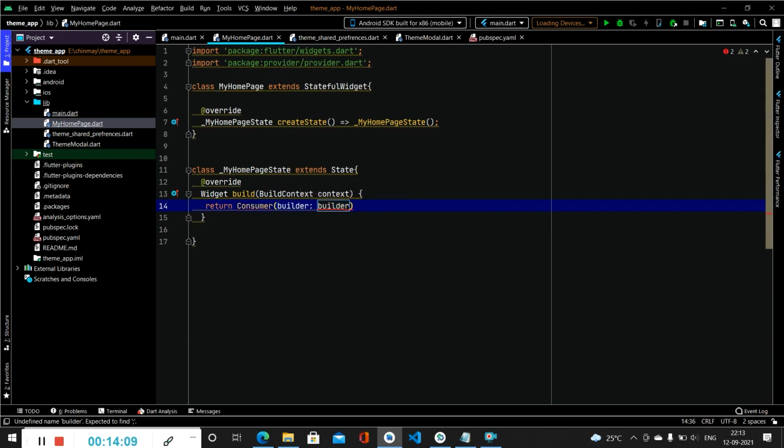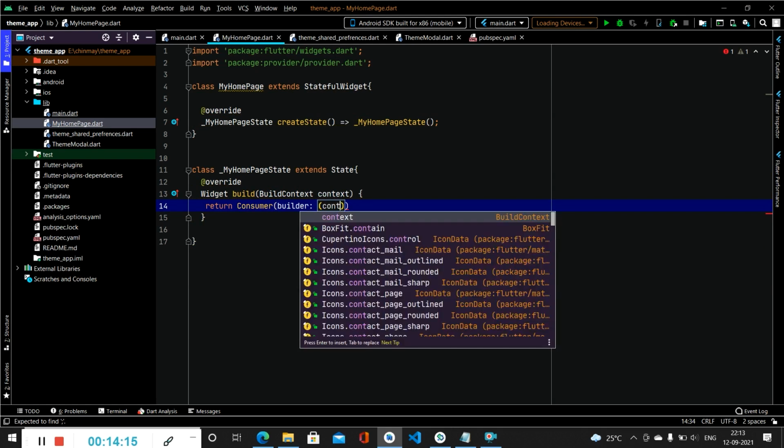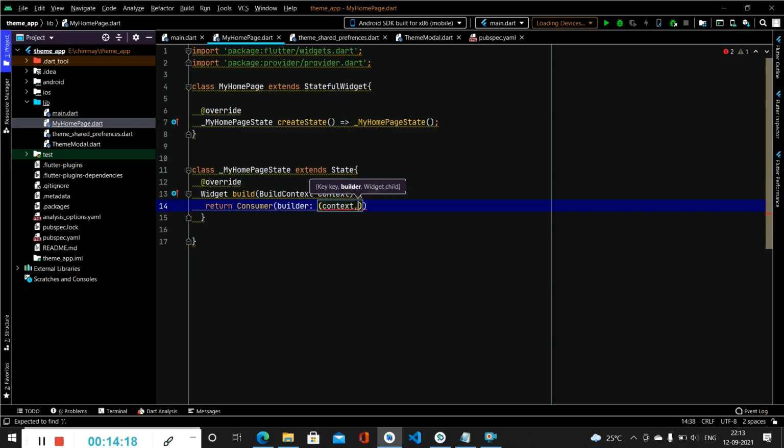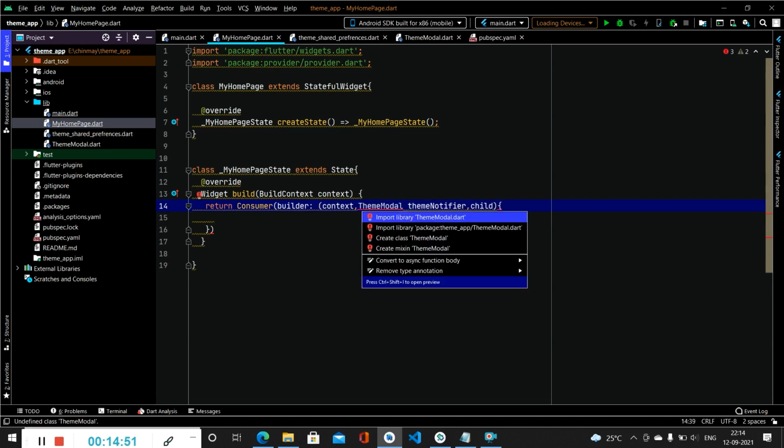Inside this builder we will be firstly specifying our context, then we will be specifying our ThemeModel, and we will create a variable as themeNotifier. We have to import this one.